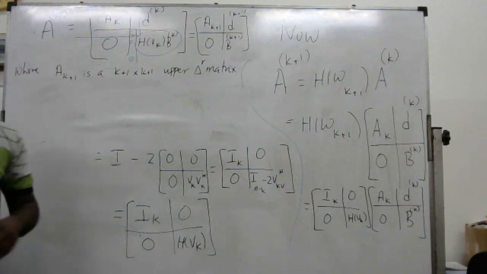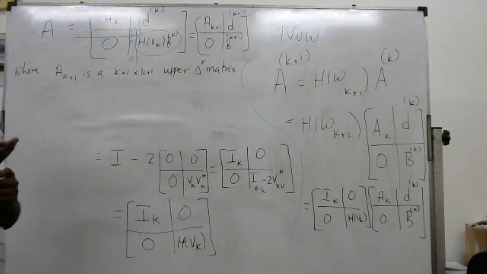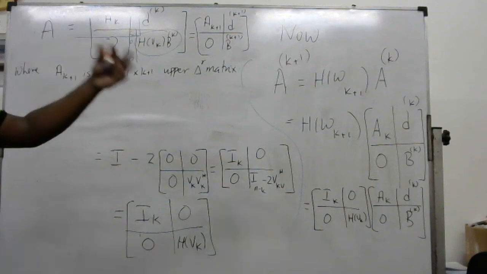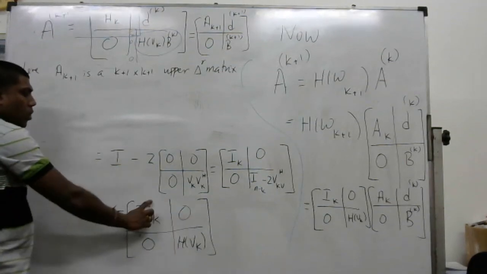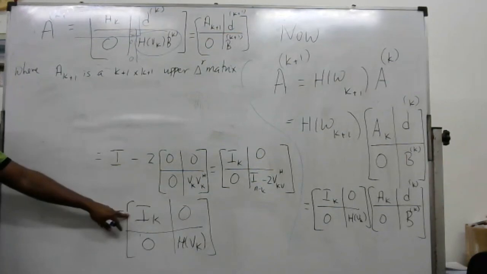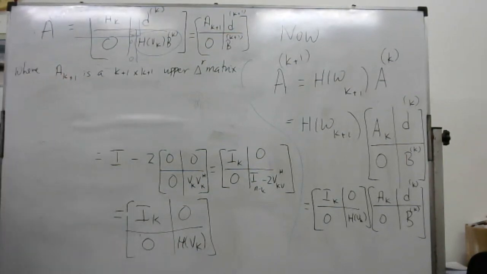In the third step, you get a matrix with size 2 less than n. So n minus 2 cross n minus 2. Then what you have to do is you have to expand it to n cross n. Right? So that is what you have to do every time, and this is how you expand. Right? So you break it into a block, and on the top corner you put the necessary sized identity matrix, and on the bottom corner you put the elementary Hermitian matrix of smaller size which you find, and then that gives you the expanded elementary Hermitian matrix.